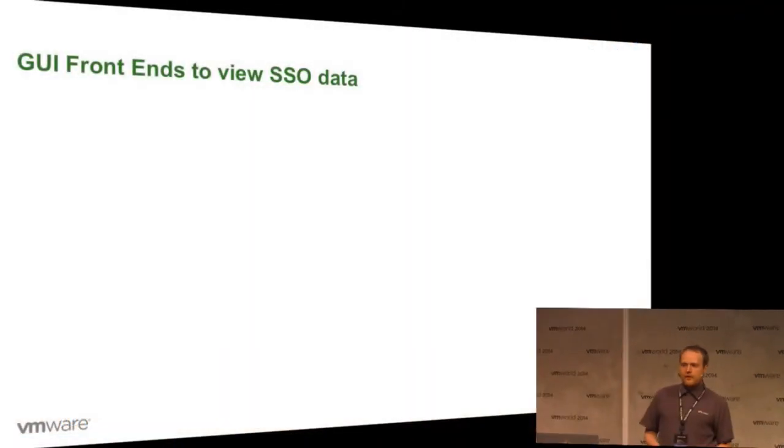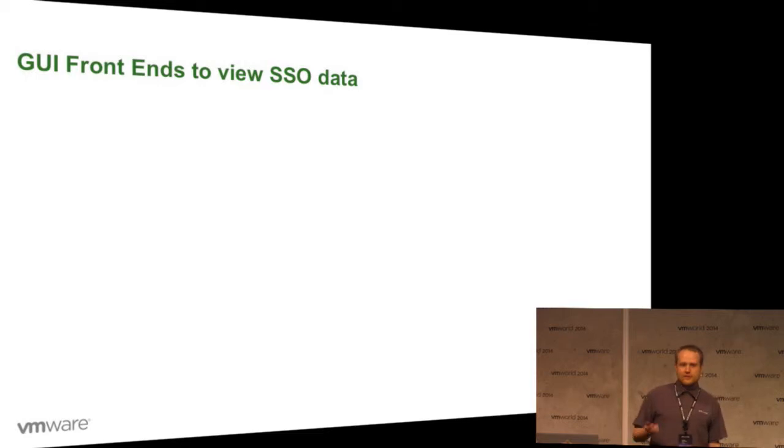I was actually under the impression that I had a little bit more time today, so this is more like a primer to the deep dive I usually give on VMdir. I will talk a bit about the GUI frontends, the actual replication that's going on in SSO, and if we have the time, also talk a bit about the performance impacts that you can have if your SSO is a bit messed up. So for the GUI frontends, we actually do have 3 frontends VMware likes us to use to